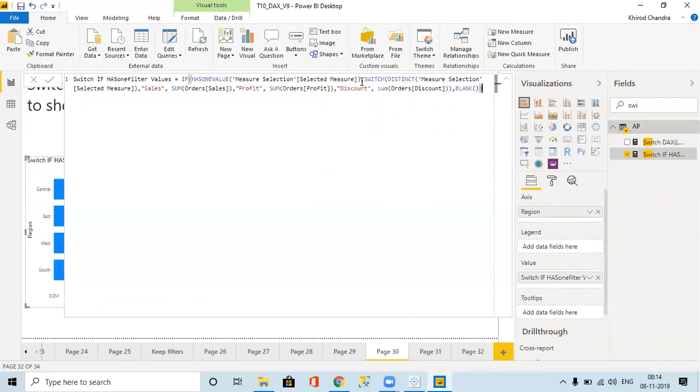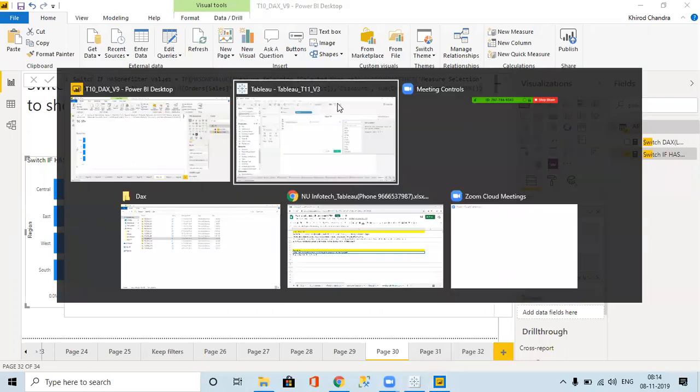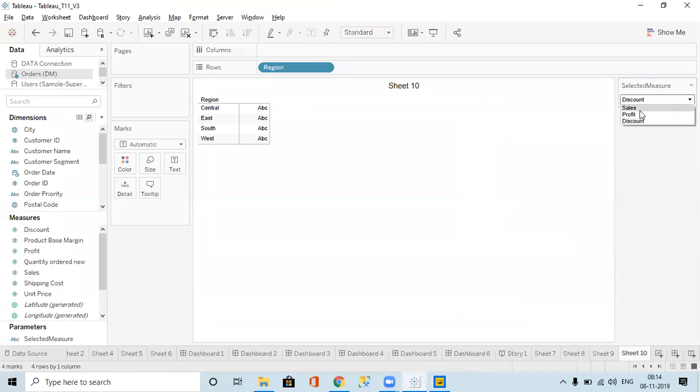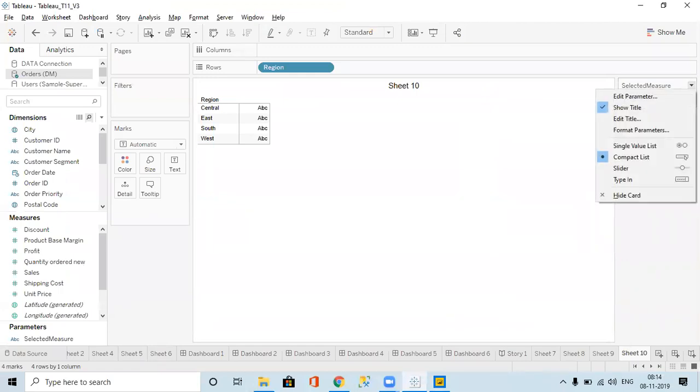We don't have to write that particular formula in Tableau, because a parameter always allows a single selection only. We cannot have multiple selection in a parameter. So we can choose discount or profit or sales, only one at a time. Did you understand? Only one at a time, using the parameter.